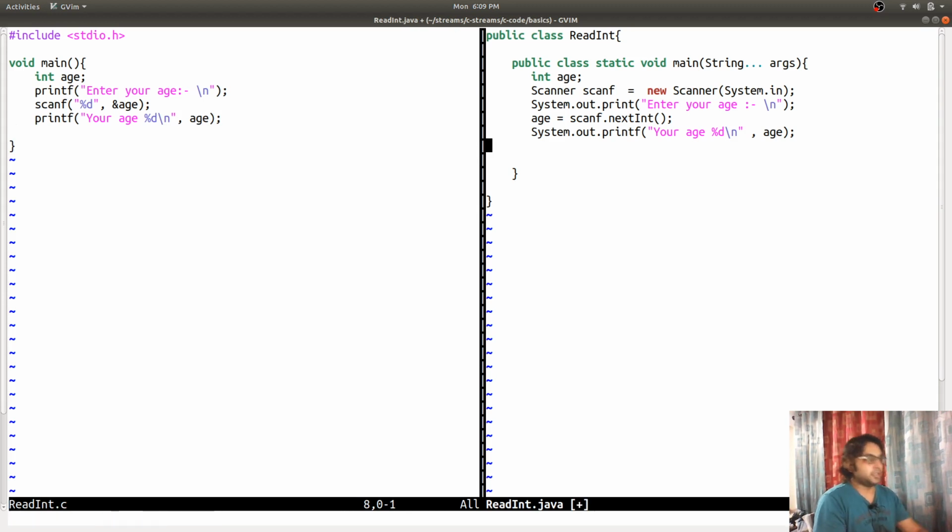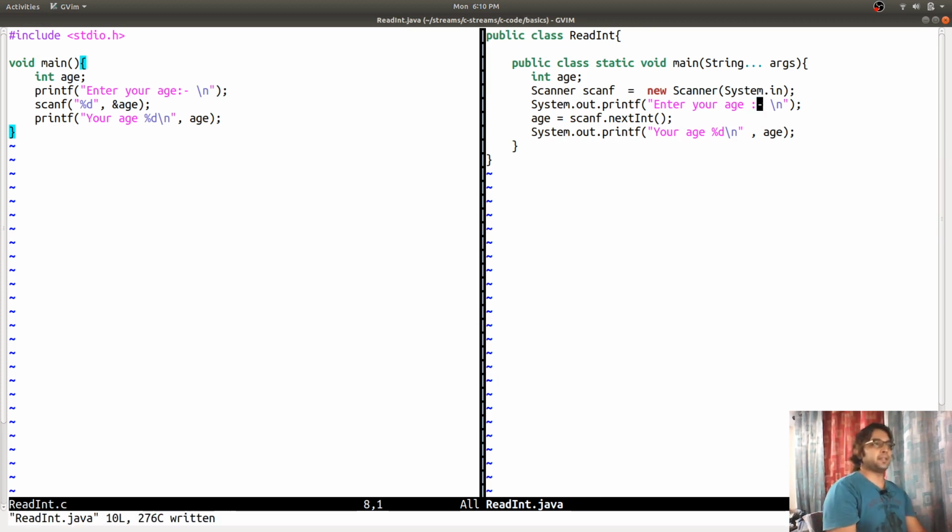So this is done. We can read an integer from the console and print it out to the standard output. Let me use printf instead of println. So you can see that we are using printf in both the cases, and the code looks almost similar in Java and in C.